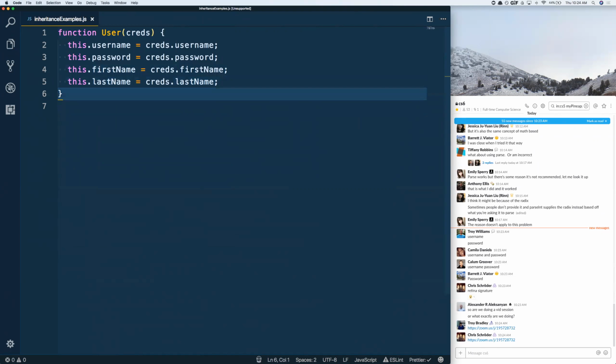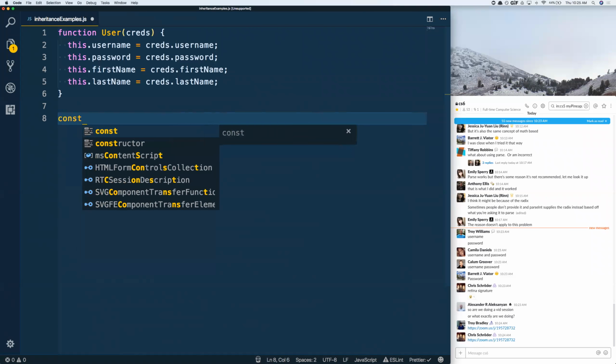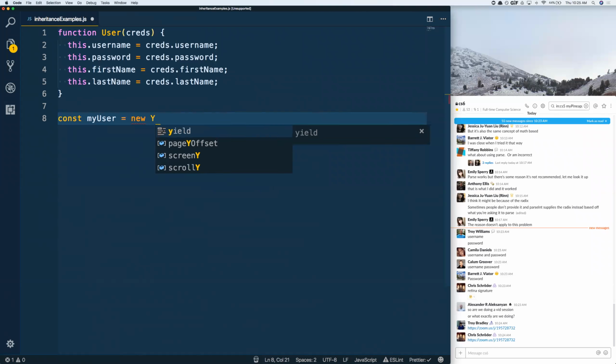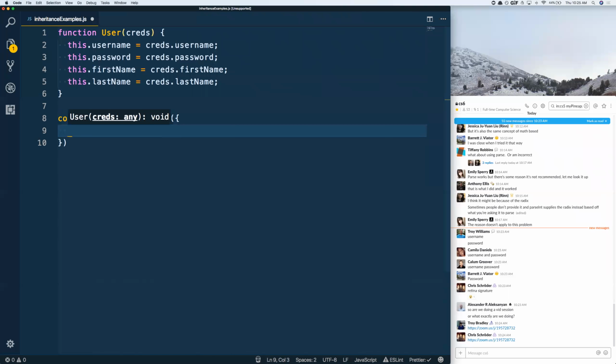Okay, so we can basically use this user object to create as many users as we want. When a user hits some sort of button on the Facebook login page, it's going to fire a function that says, hey, go create this user with these credentials. And it's going to take in that input and pass it through this function. And so when I say const myUser equals new User, and we pass it that information, the form that you fill out on Facebook is going to collect your username as whatever your username is going to be. And let's say that that's